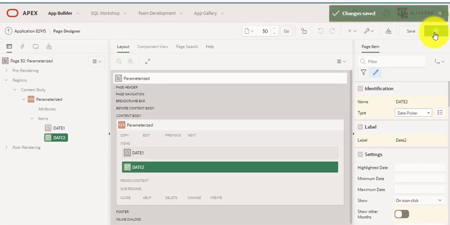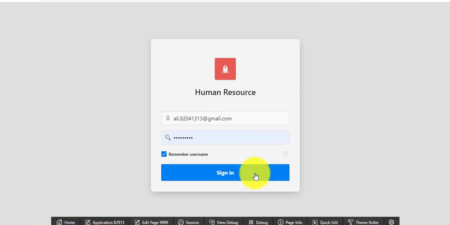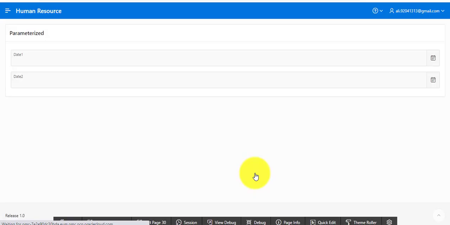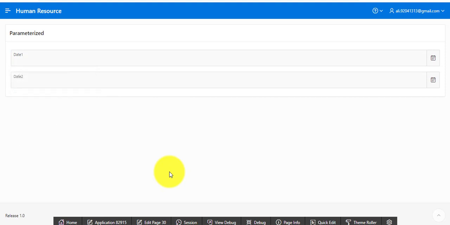When I press the running button, you can see the layout of the blank page with two items. Guys, you can see an auto calendar shows when you change the type to date picker. Apex provides you an auto calendar with an icon. I'm just changing the view of the item.